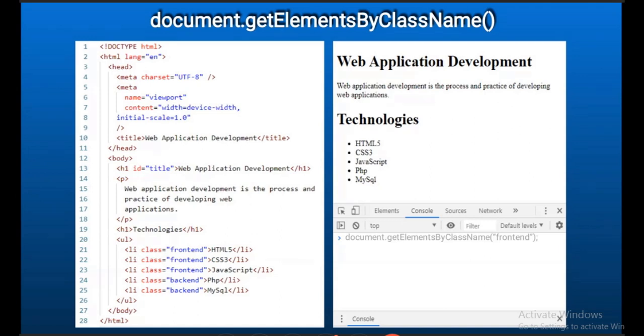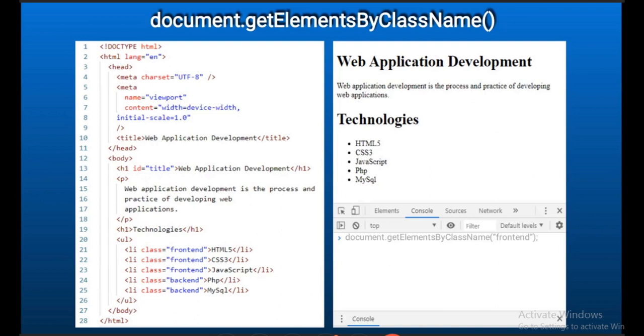That's not the case with class. For class, we can have multiple elements belonging to the same class, the same way that you people belong to the same class, and we can differentiate class male and class female. So a set of students in class male and a set of students in class female. Multiple elements can belong to a single class. So we will access a set of elements. That's why it's document.getElements, not a single element, multiple elements.